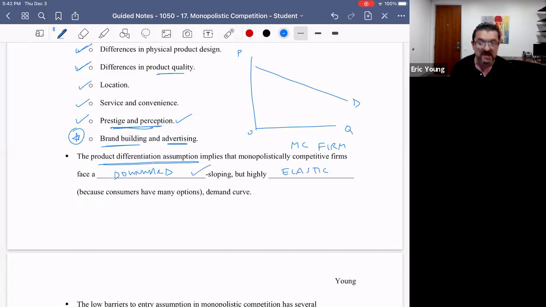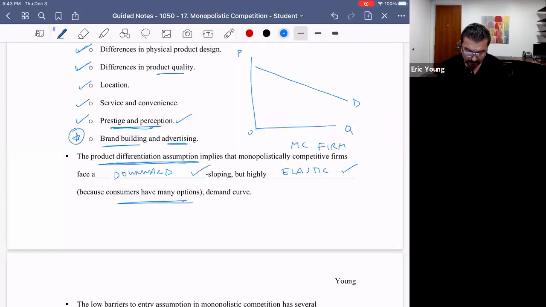It's going to be downward sloping because of the market power that they get from the advertising and the loyalty and the product differences. But it's going to be highly elastic because even though it's different, there's a lot of rivals out there and consumers have a lot of options. And from before, from our thrilling lecture on elasticity, more options, more substitutes means a product is more elastic, okay? So the product differentiation assumption,